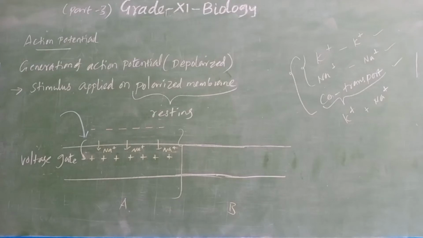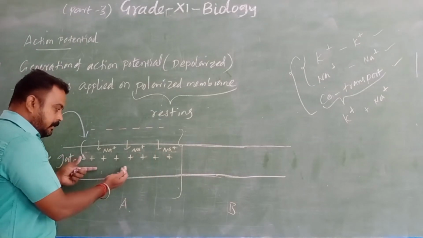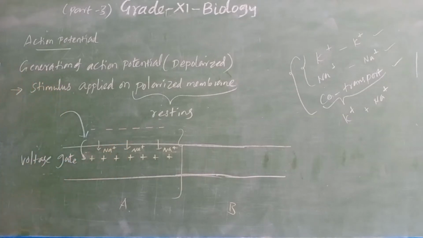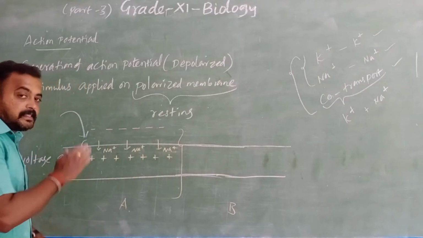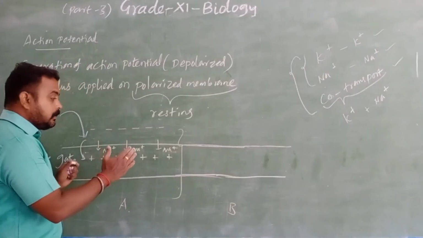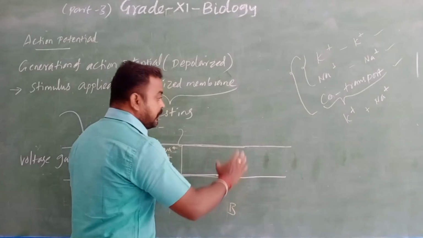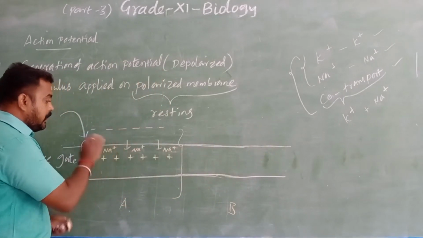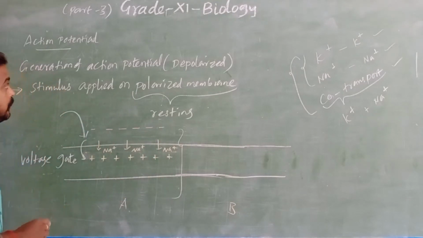Now the action potential is generated. Inside positively charged, outside negatively charged: this is the action potential. It happens in the part of the stimulus. If a neuron has part A and part B and so on, the stimulus happens in part A, and only in that particular part is the action potential generated.